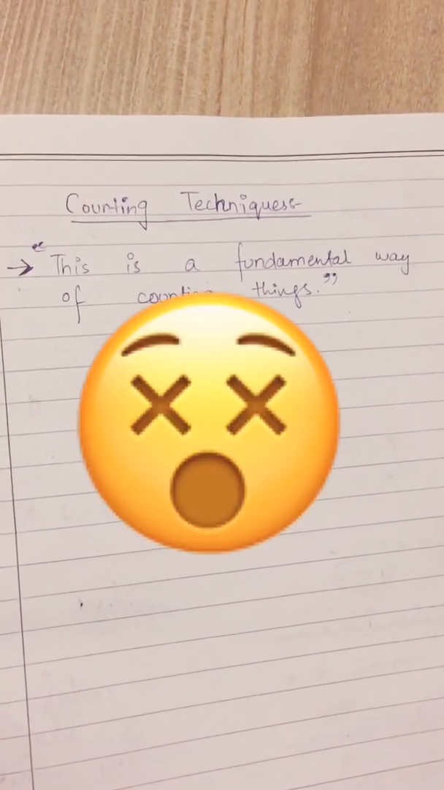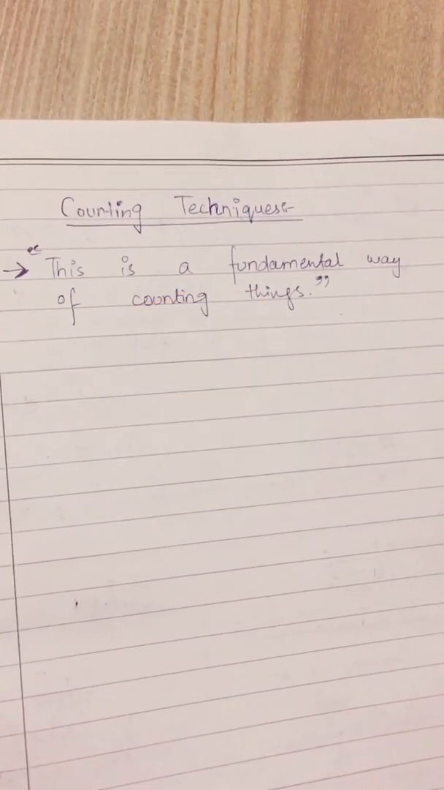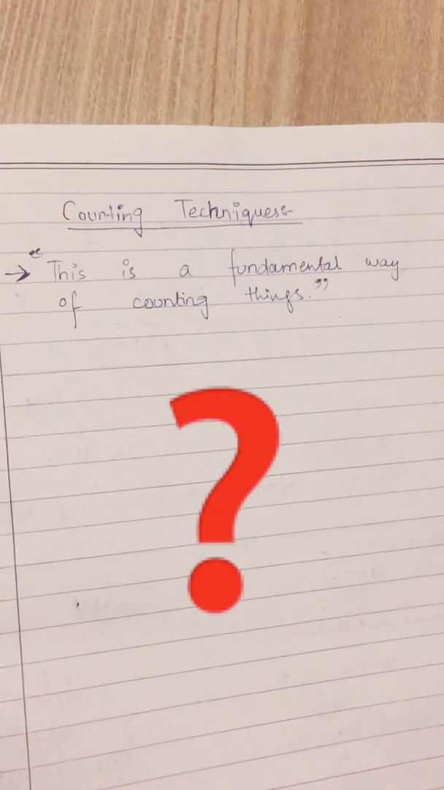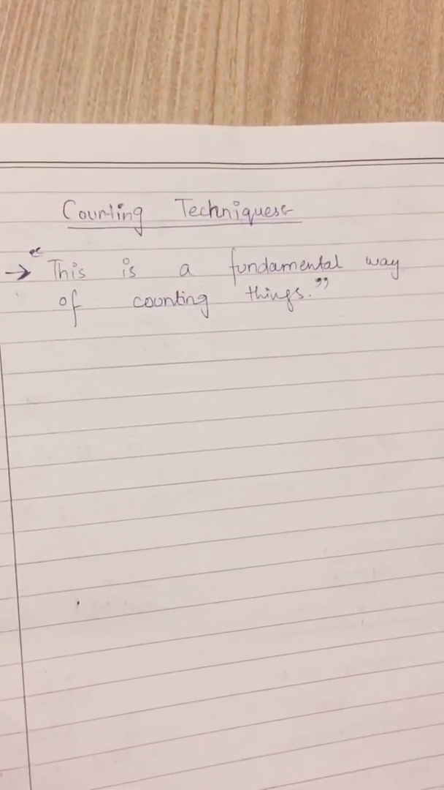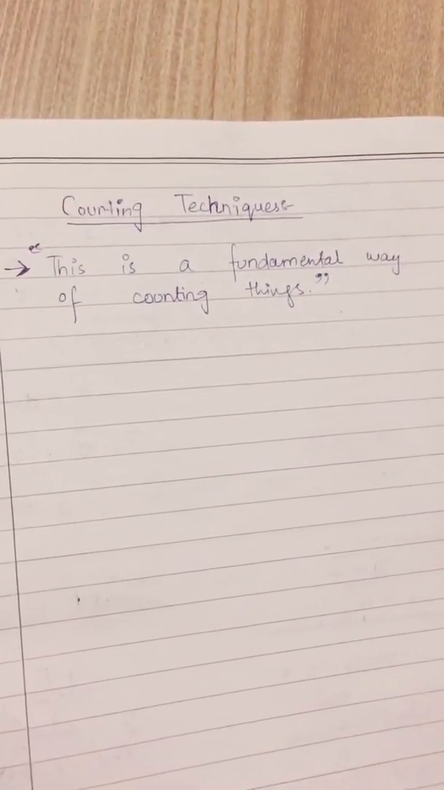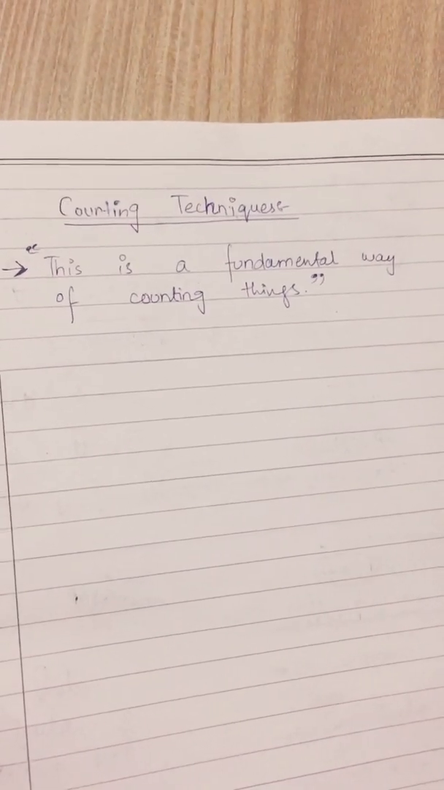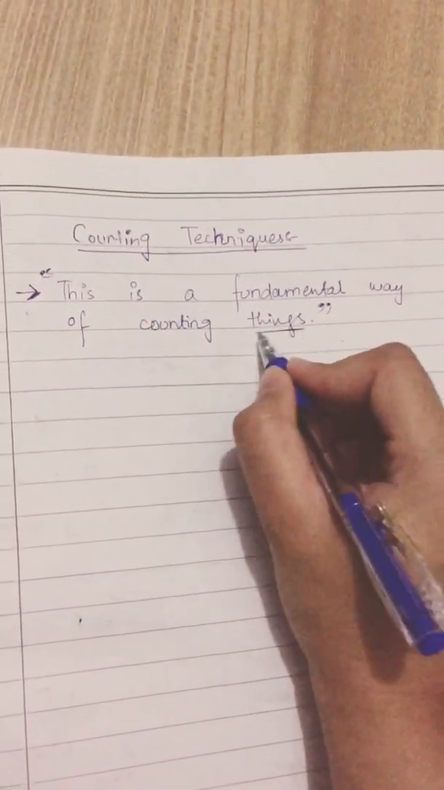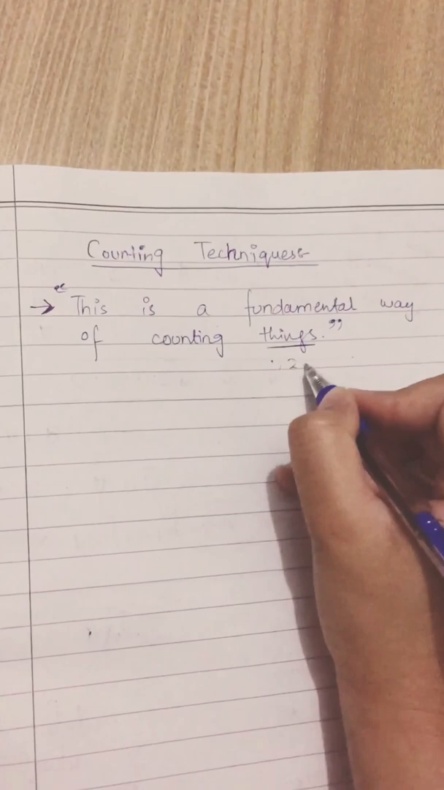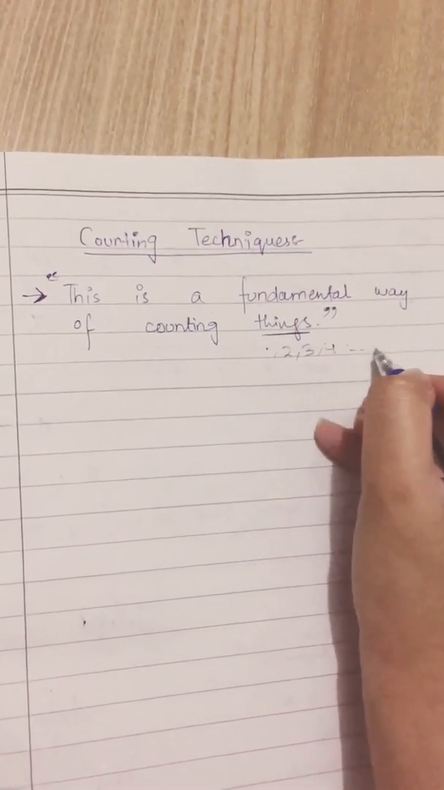Today is our second class related to the course Discrete Mathematics, and the topic for today's class is counting techniques. What are counting techniques? First we have to define counting techniques. This is a fundamental way of counting things. What do we mean by things? We can count things by 1, 2, 3, 4 up to so on, but why